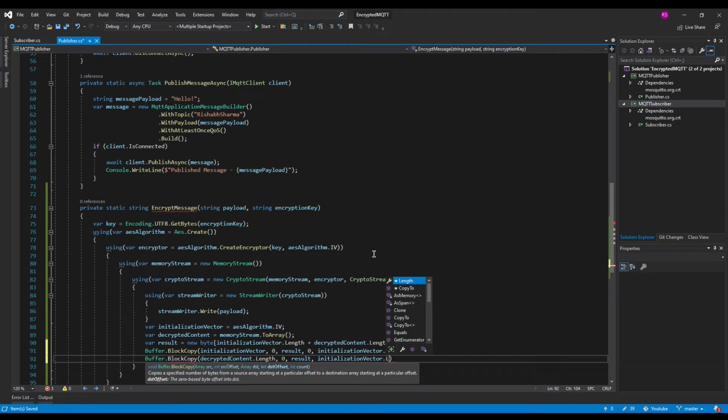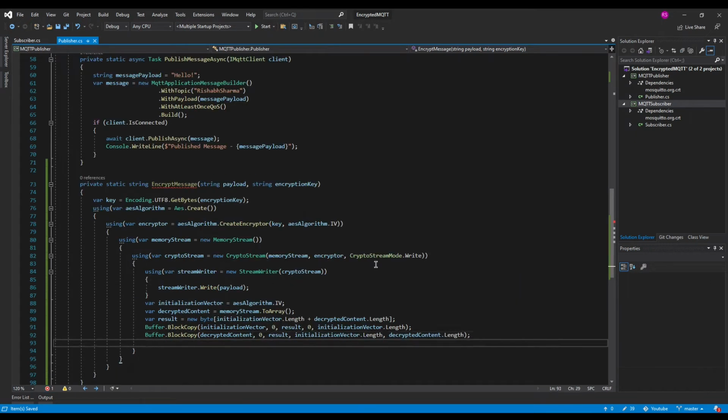So whenever the initialization vector's contents end in that result array, we will start from the next index, till the encrypted content ends. This way we have copied the entire data inside this result. Now we will convert the result to a base 64 string and return it back.